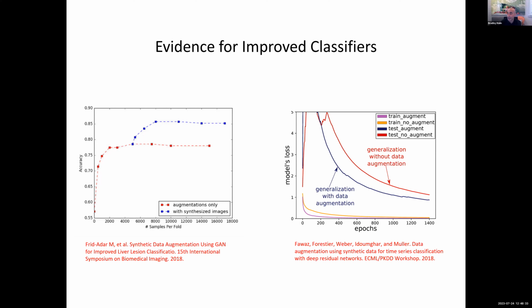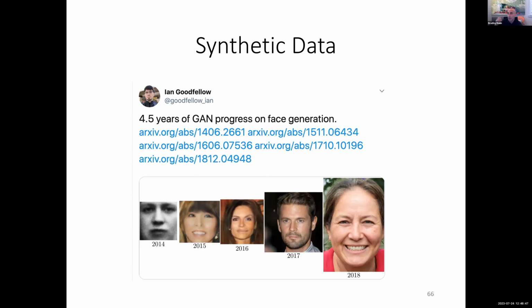Similar findings have been found in other spaces with other types of data sets. On the right is a more general finding with analysis of deep nets with some general machine learning data sets. This notion of synthetic data is not crazy. It's not new. It's something that's actually been done for a number of years in the image processing community. It's evolved heavily over the last decade, and it's actually not even new in the health data space.